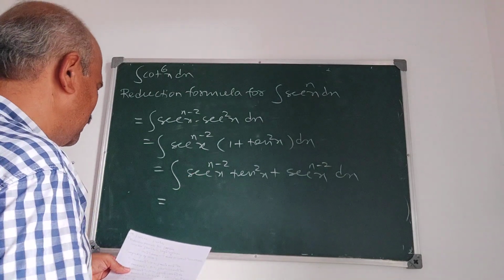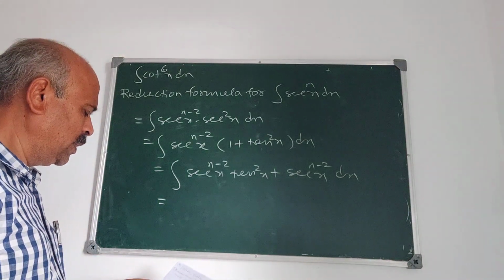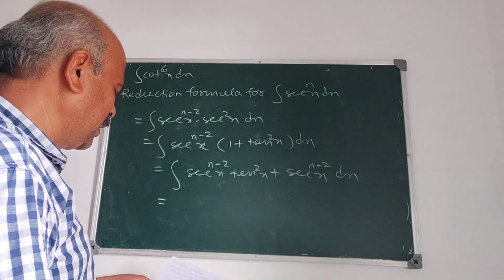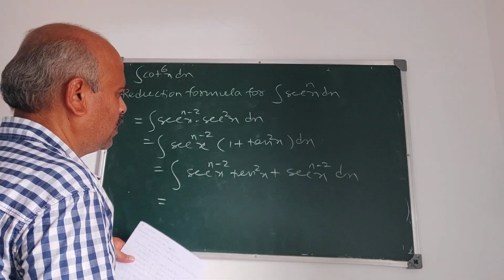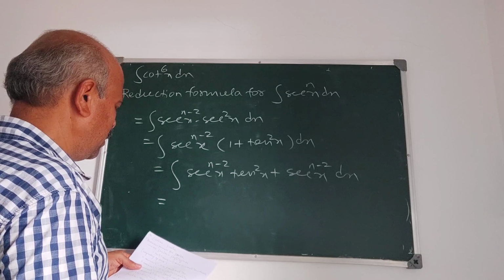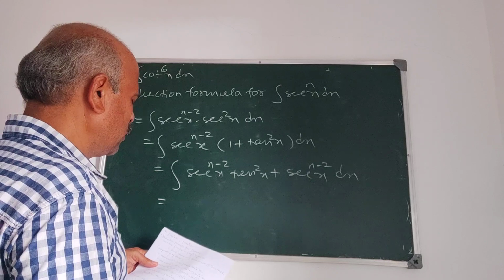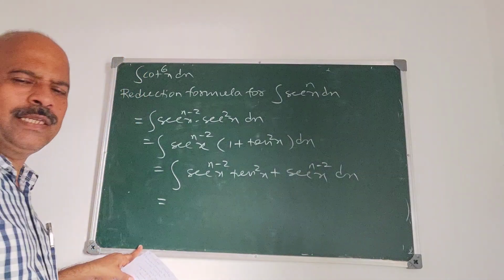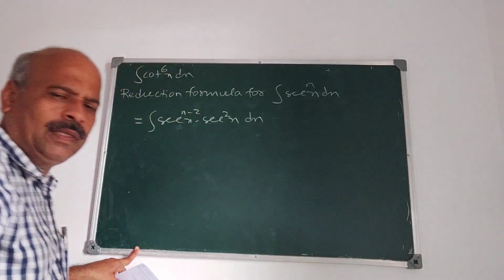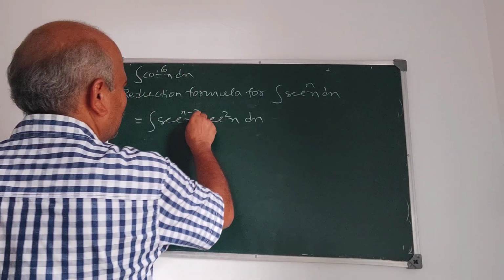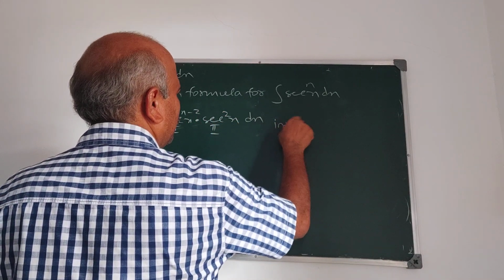So it is sec x raised to n minus 2 into tan square x. How do you integrate? No, we will not get the formula here directly. Sec x raised to n minus 2 into secant square x, but here we have to apply integration by parts. In this step we have to apply by parts: sec x raised to n minus 2 into secant square x, use integration by parts.